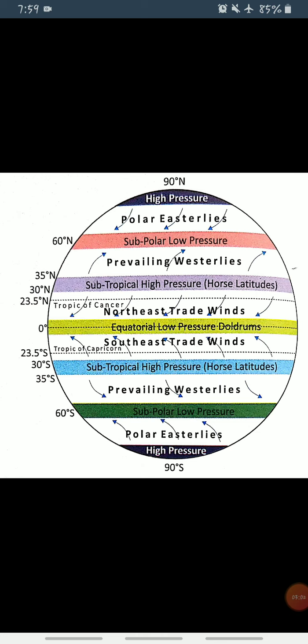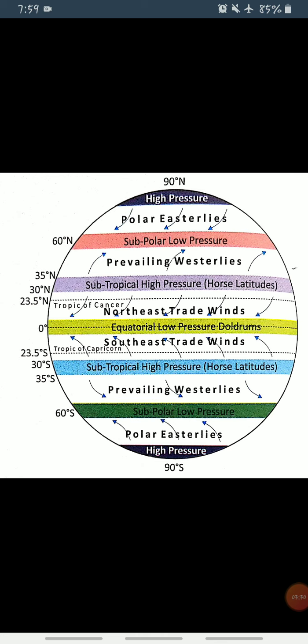So when we come to winds and pressure, the atmospheric conditions that influence Indian weather and climate are, as we already read about, the distribution of atmospheric pressure, surface winds, upper air circulation, western disturbances during winter, and tropical cyclones during the southwest monsoon. So if we observe the world map of pressure belts, now you can see this map